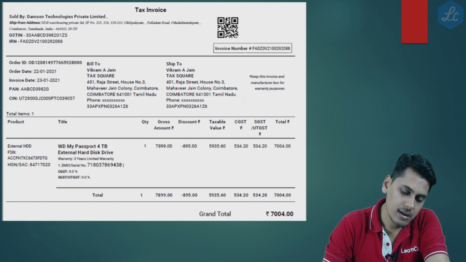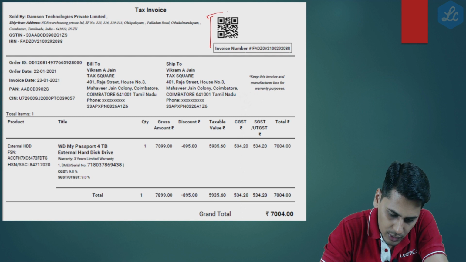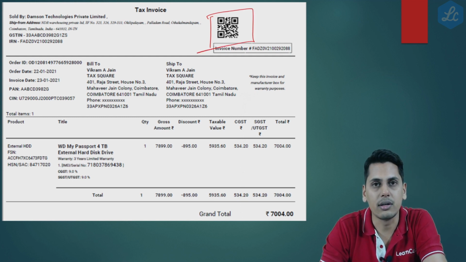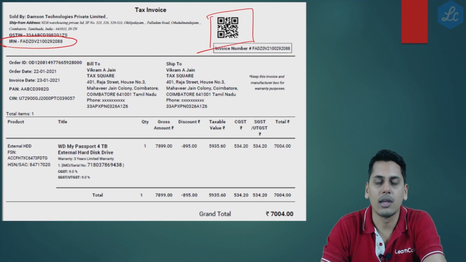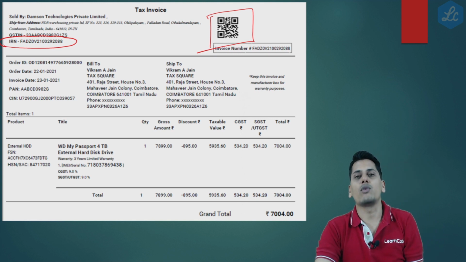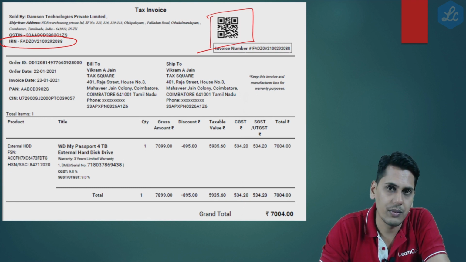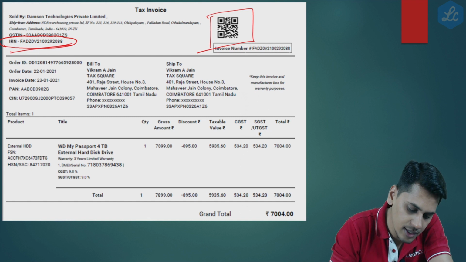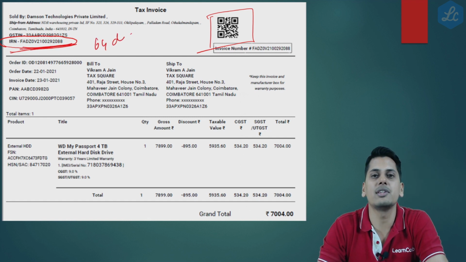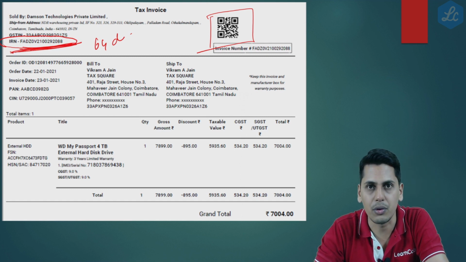Now friends, let's take another example. Let's say you find a tax invoice which contains a QR code and also has something called an IRN. Can you conclude that it is an e-invoice? Friends, the answer is no. Point number one is, friends, IRN is going to be a 64-digit string, and it is not this number of digits which is mentioned on the screen in the invoice before you.